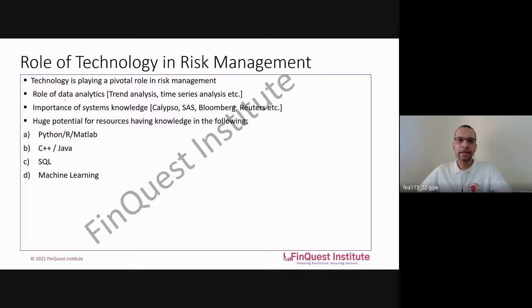Now, data analytics is also something which has gained a lot of traction over the years. I would say since around 2013 or 2014, data sciences has gained a lot of importance, and these days it is a very hot job. Many companies are coming up with job offers around data sciences or data analytics in general. A very interesting field, I would say. A few things which data analysts generally do are trend analysis, time series analysis, etc.